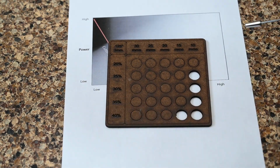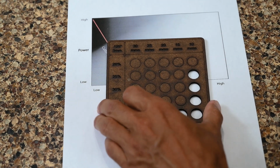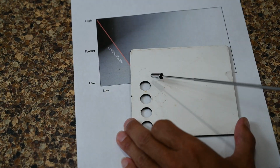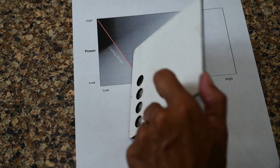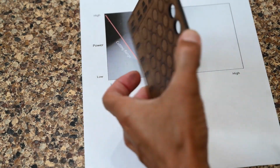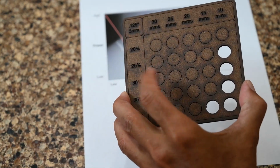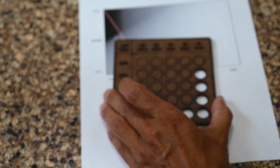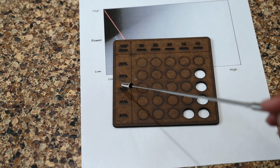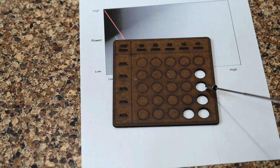So here my slowest speed, 10 millimeters per second, at 20%, there wasn't enough time and power. You can see the trace, it was starting to just barely break through there on the back side. But for this particular, this is like a kind of MDF backsplash board, so it's very dense. 10 millimeters per second at 20% power didn't get all the way through, but at 25% I did cut through,